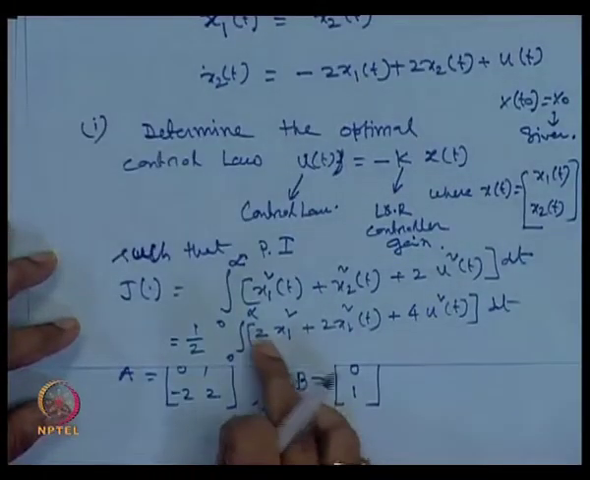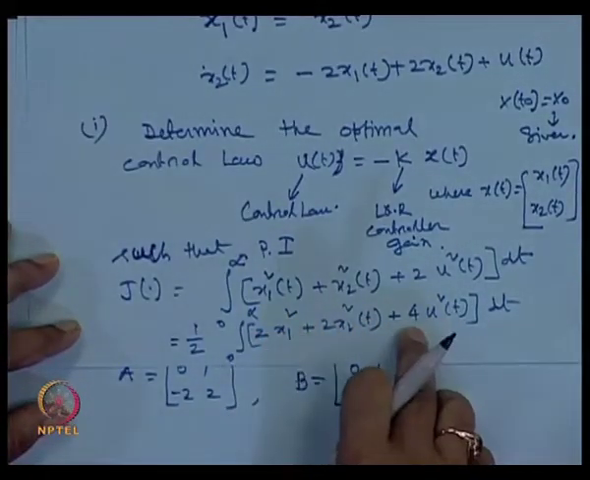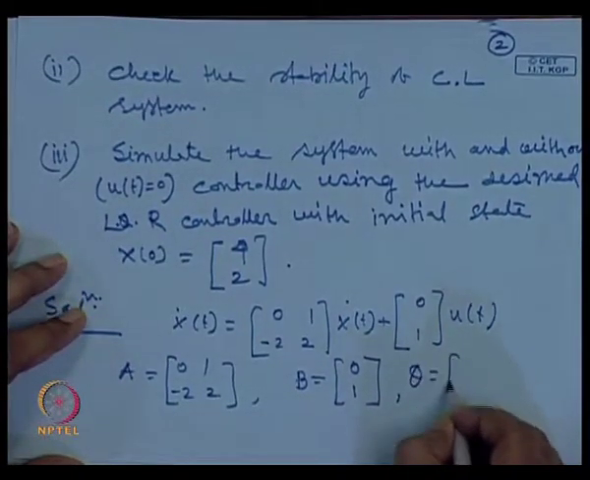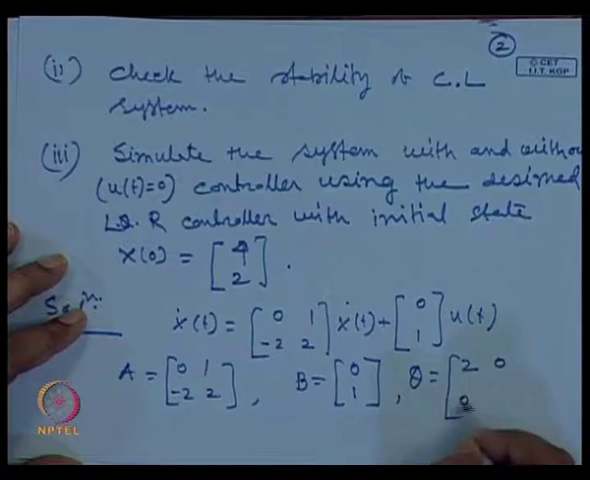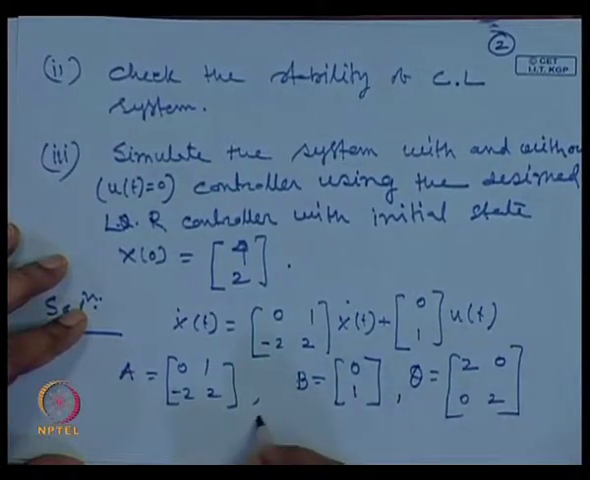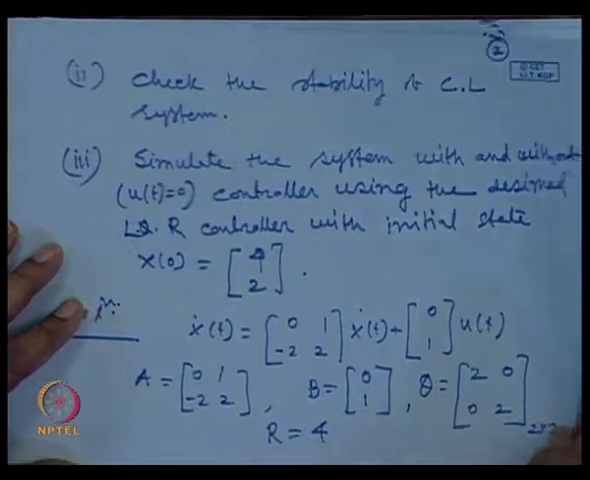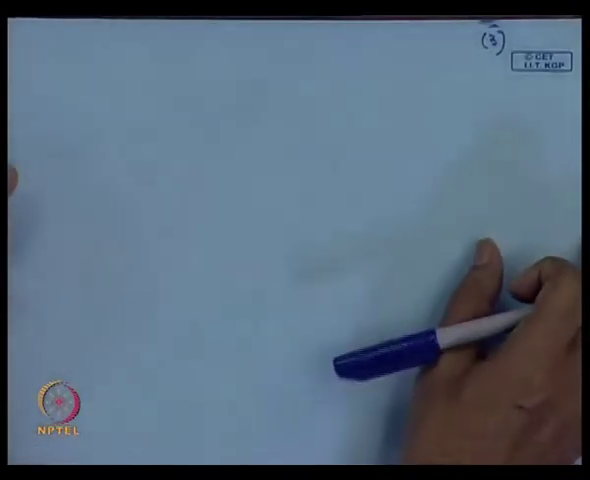From this equation you see what Q is and what R is. Our Q is nothing but a 2, 0, 0, 2 matrix, which is 2 cross 2, and our R is equal to 4. So, once you know A, B, Q, R, this is the first step: identify A, B, Q, R from the statement of the problem. Once you identify this, then you can write it. Next step is to check the stability conditions, the